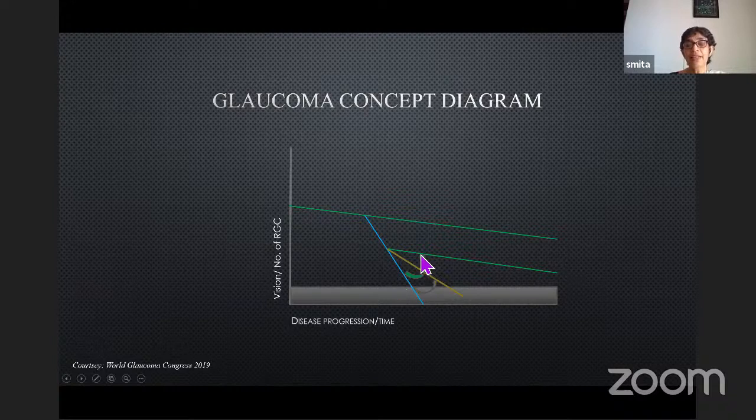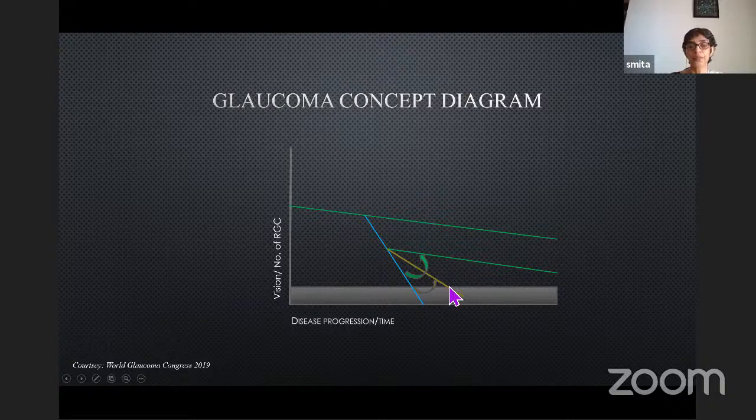Now, if we were to institute a perfect kind of treatment, which is very rarely available, then the rate of ganglion cell loss can be made equal to the normal loss. The slope of this line also matches this line. But we know that that happens only very rarely. Instead, we have a partially successful treatment protocol, which is most of the time. So the person's progression is delayed, but still sooner or later in the lifetime, the person falls in the